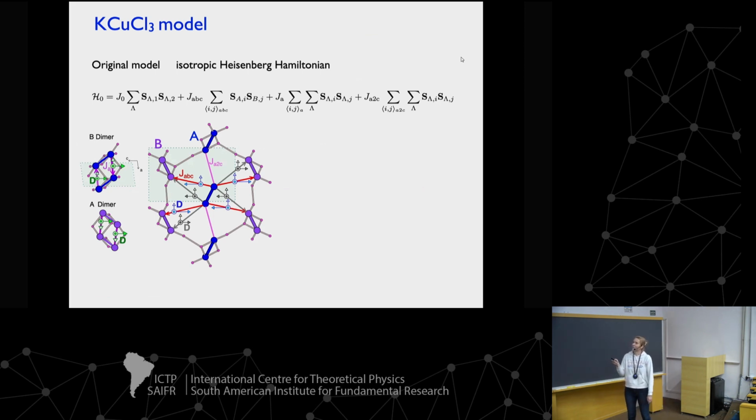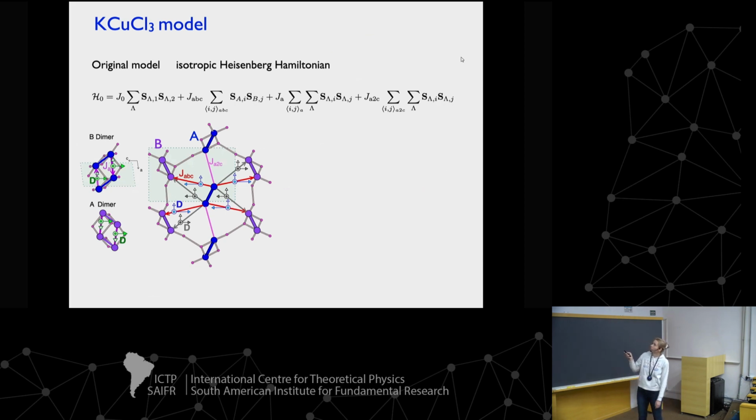Right, okay, so we have the J naught, which is the interaction on the dimer, and then these different J's, where the index denotes the direction in which the dimer is located. So the J_BC are the red and the gray directions that connect the different species, the A dimer with the B dimer. The J_A is along the A direction, along the ladder, the chains. And the J_B2C is this magenta bond that connects the same type of dimer, so the A with the A and the B with the B.